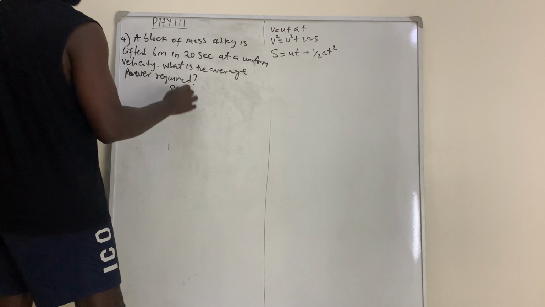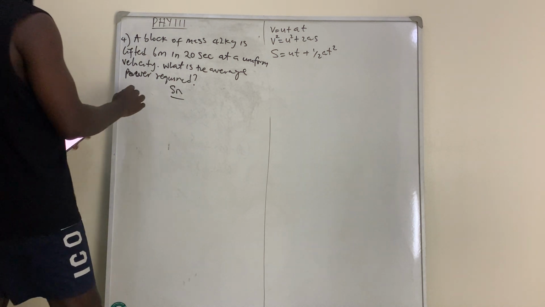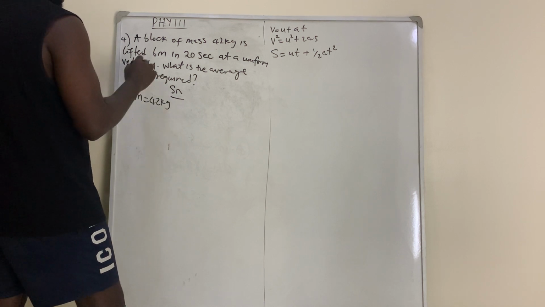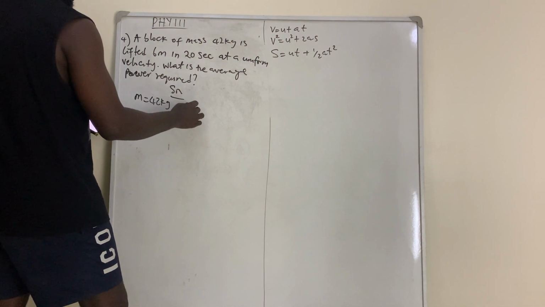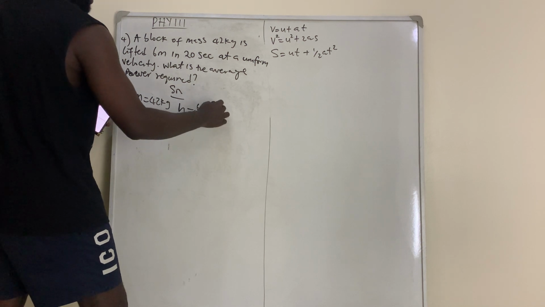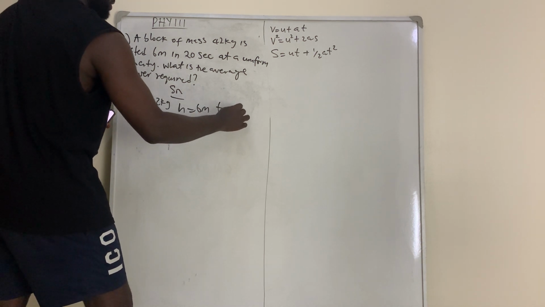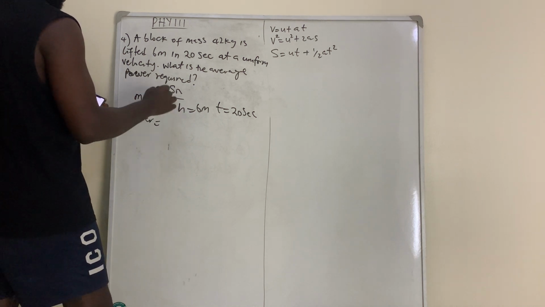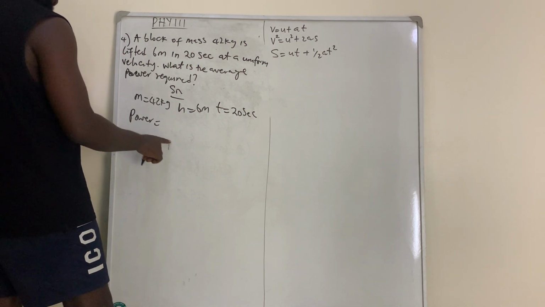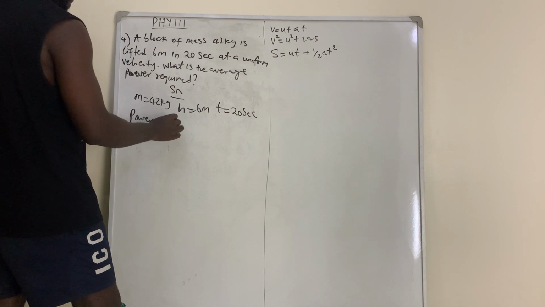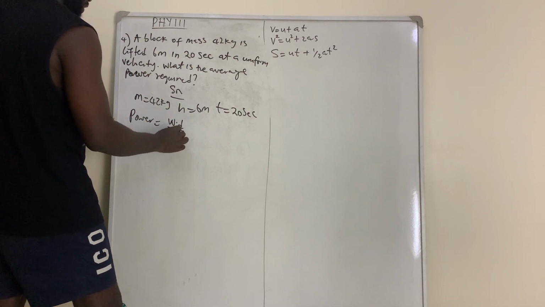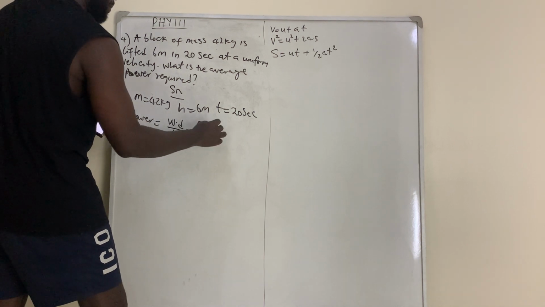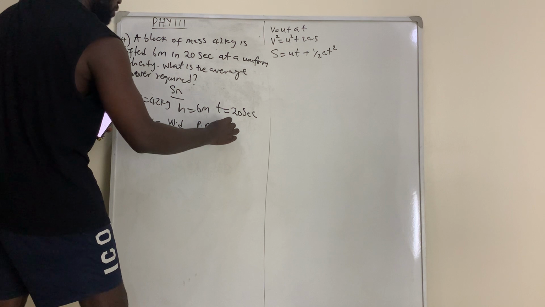Okay, solution. Let's bring out what they gave us. They gave us our mass as 42 kg, our height as 6 meters, and our time as 20 seconds. All right. So we know that power is equal to work done over time. Work done is written as potential energy, so power is potential energy over time. And the formula for potential energy is